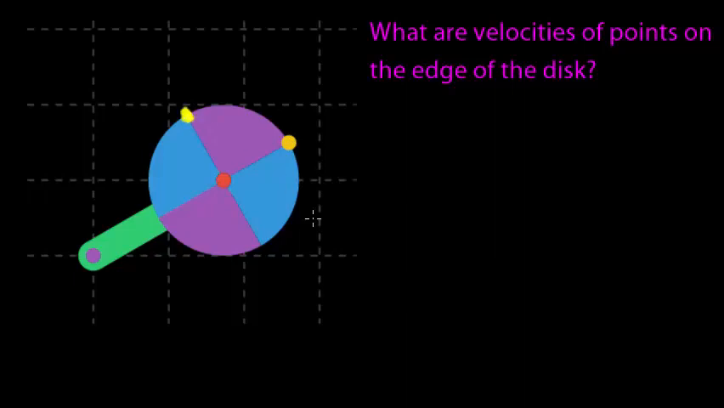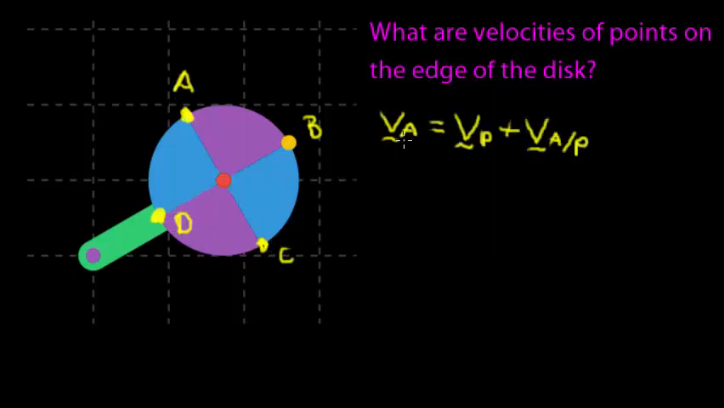So maybe it's over here, or over here, or over here. I'm going to label these 4 points right here. I'll call this one point A, B, C, and D, as so. And here what we do is we use our notion of relative velocity. So in particular, we can say the velocity of point A here is equal to the velocity of point P